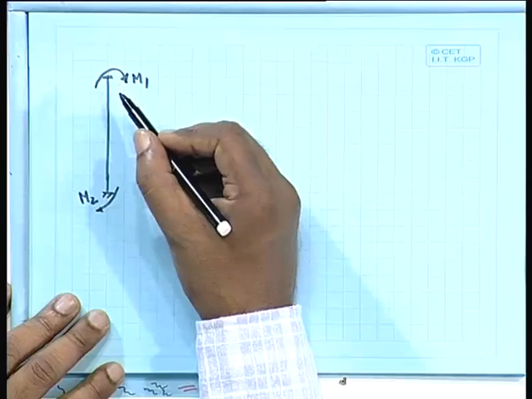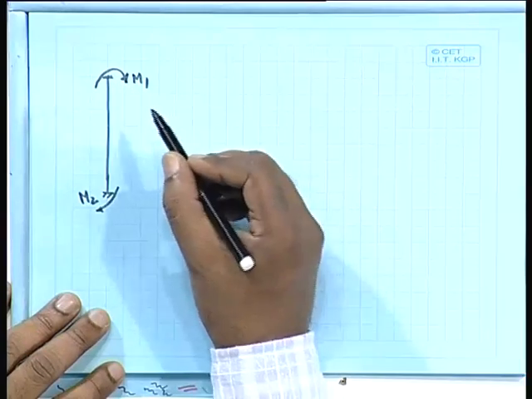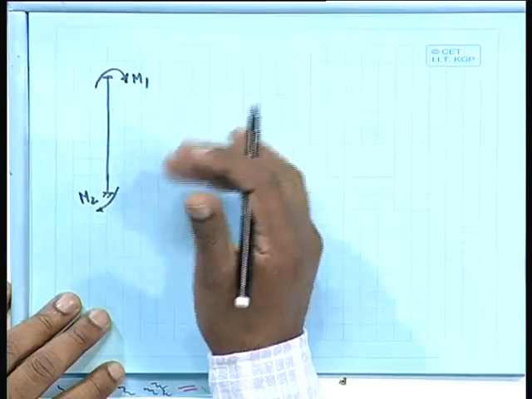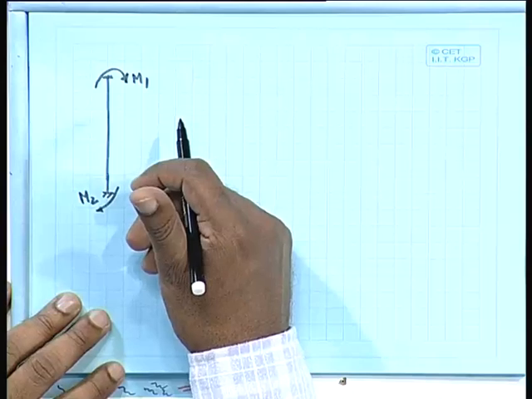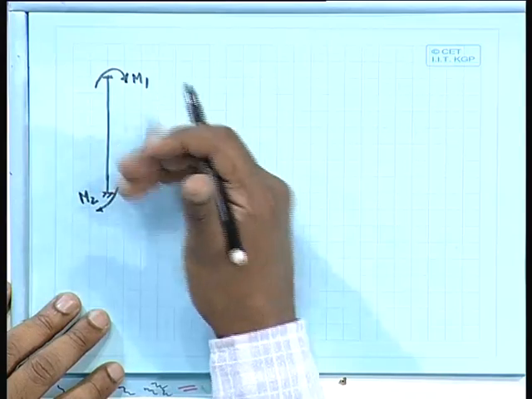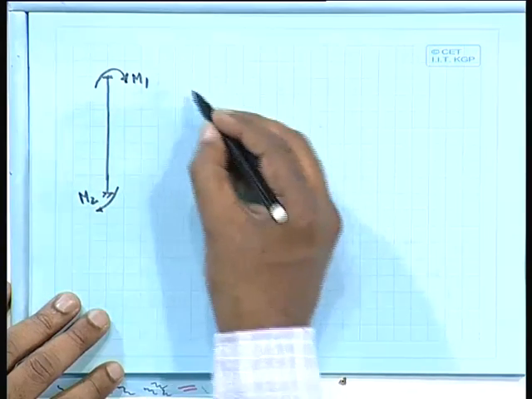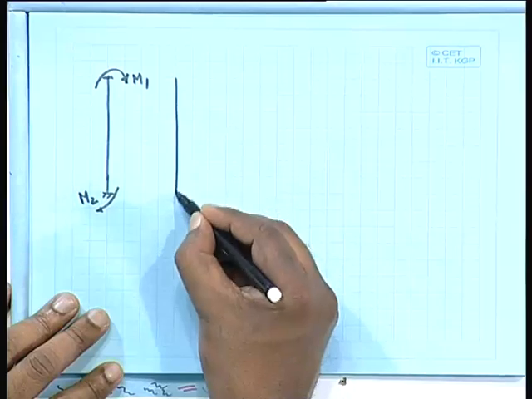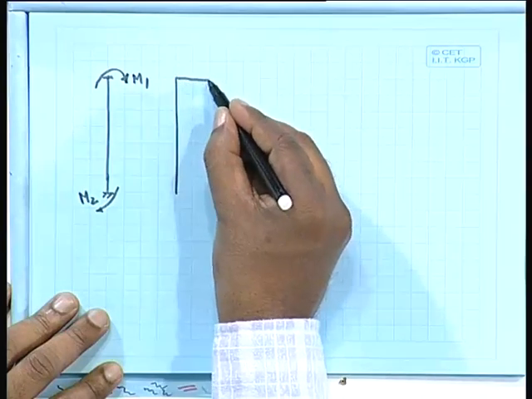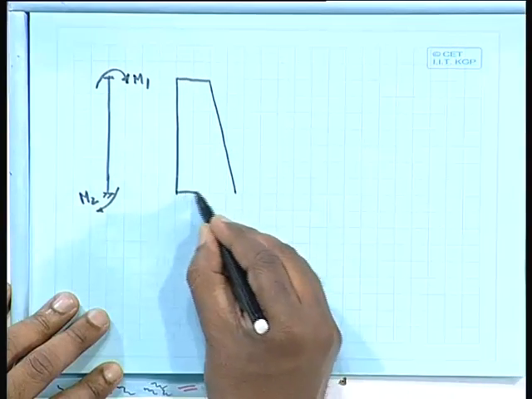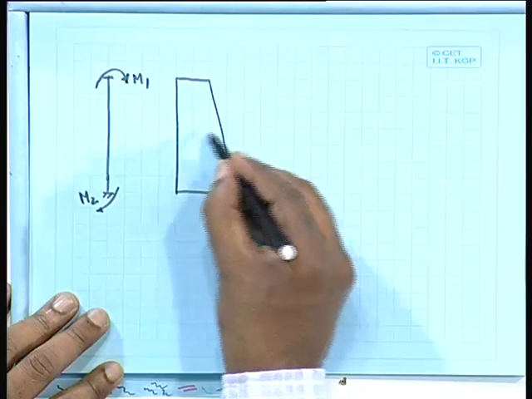M1, M2, that means you will get that from your analysis, the moments at the top and moments at the bottom. So, you will get the moment at the top and the moment at the bottom, and it will happen like this. It may happen in this fashion also. So, we have to find out